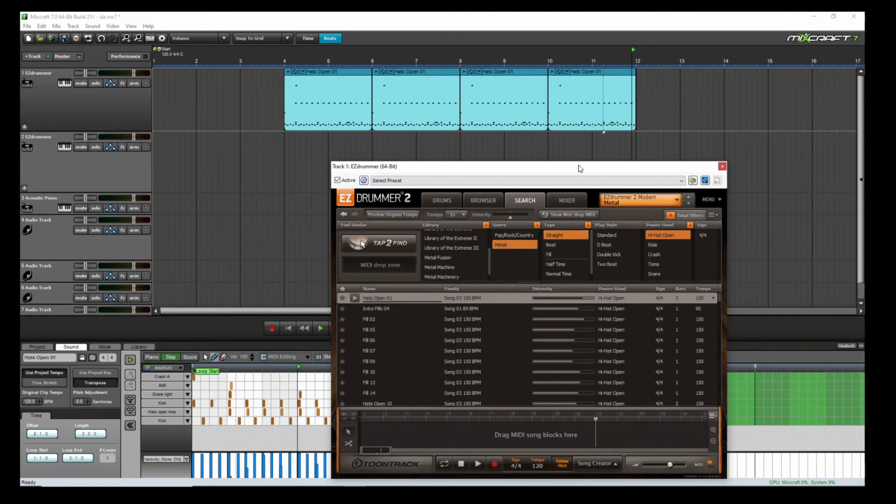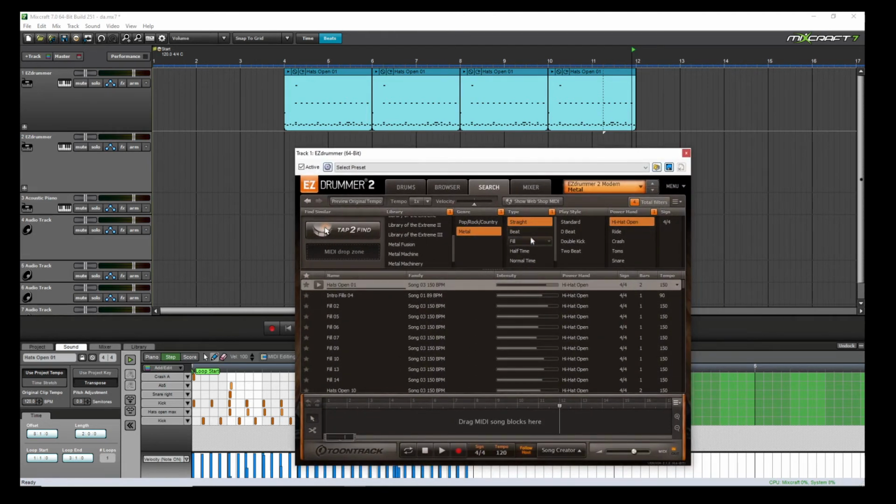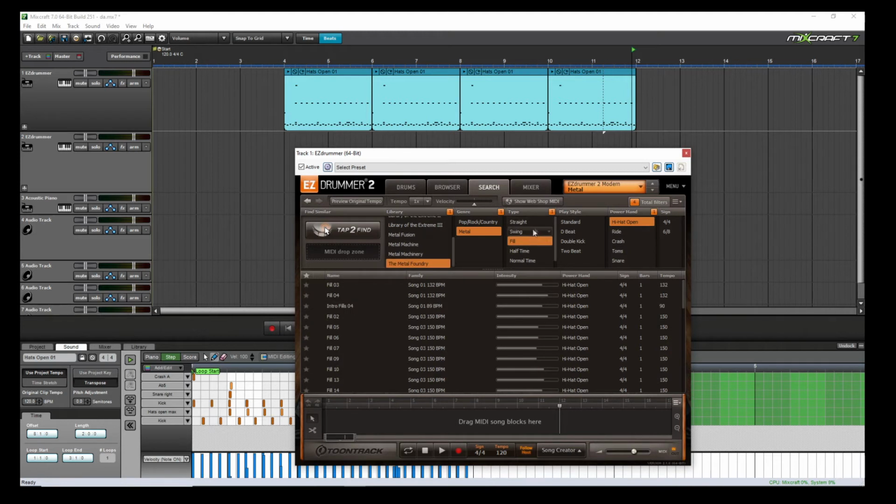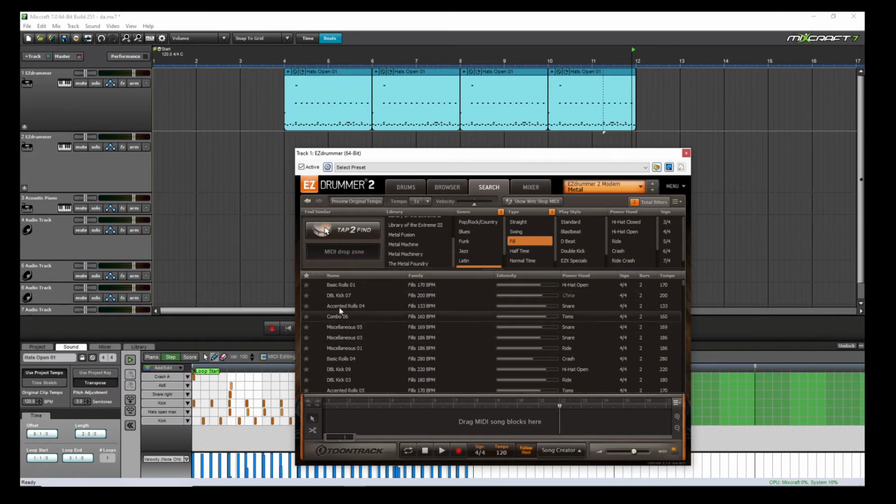go back to my library and select the fill option, which gives me all the fills in that library for that genre, with a hi-hat open if I want, or toms and snare. Well, you get the idea. And most of the times I'll just unselect this one, so that will give me all of the fills that my library's got. And what I can do is just listen to one,